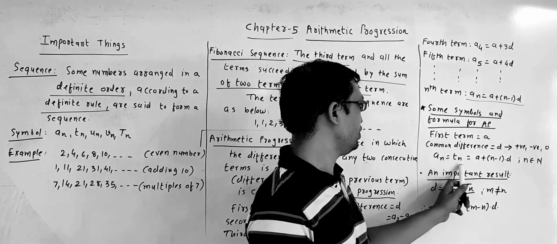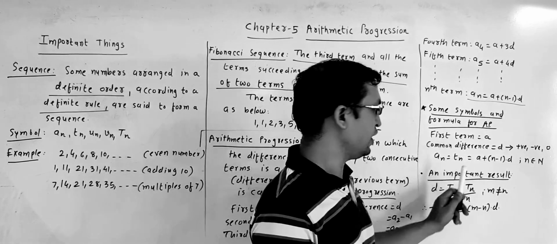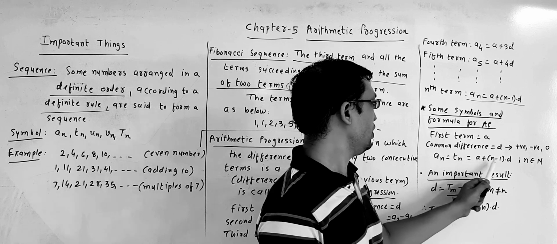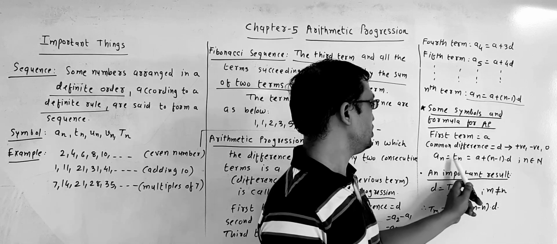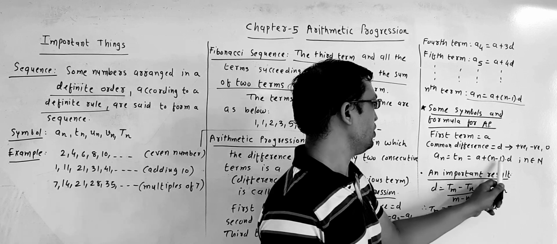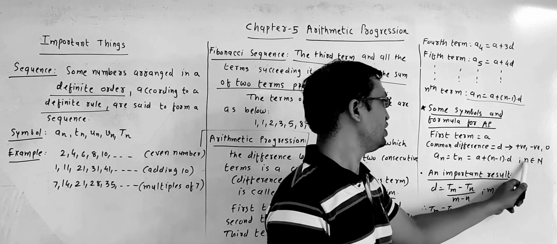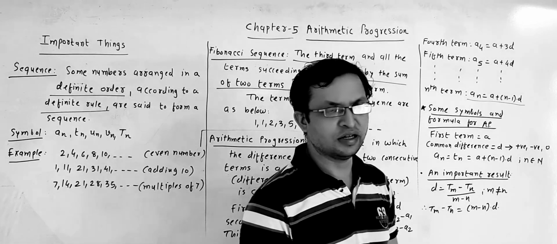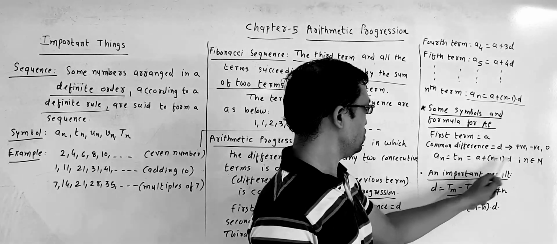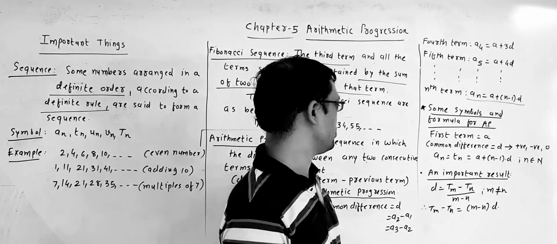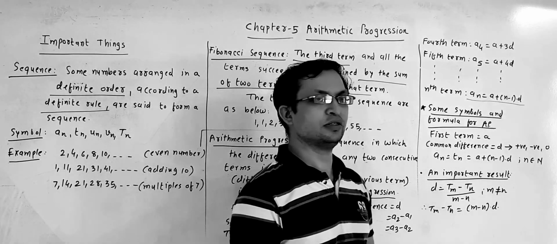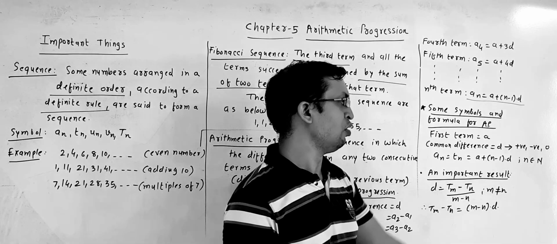an is equal to tn. Nth term that means an. Otherwise tn is equal to a plus n minus 1 into d. We already proved nth term an is equal to tn is equal to a plus n minus 1 into d, and n belongs to N. Here n is a natural number. Decimal fraction form नहीं हो सकता, negative भी नहीं हो सकता. So an is equal to a plus n minus 1 into d, small n belongs to N.